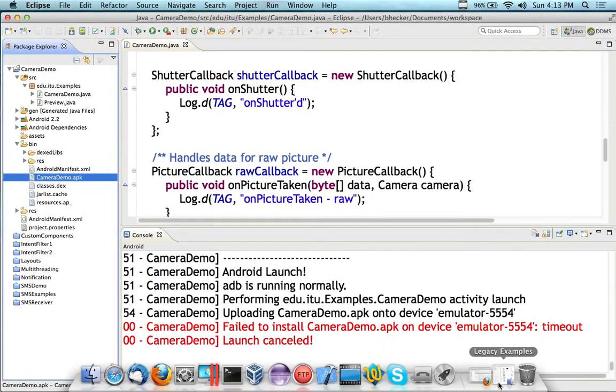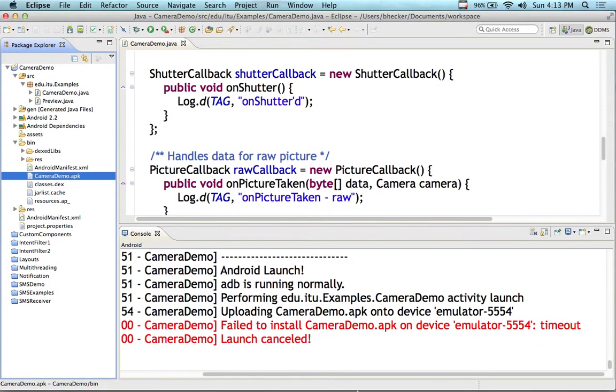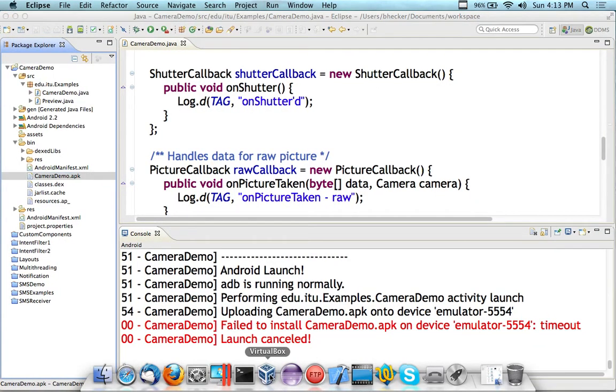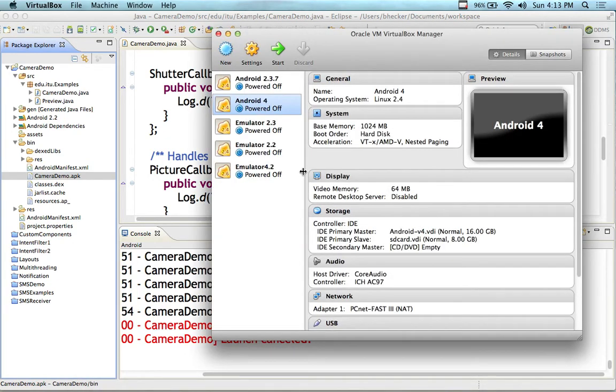Let me take one more stab at it through the VirtualBox emulator. I have an idea actually. At least we can see the log activity, although the emulator is not going to save because the emulator that